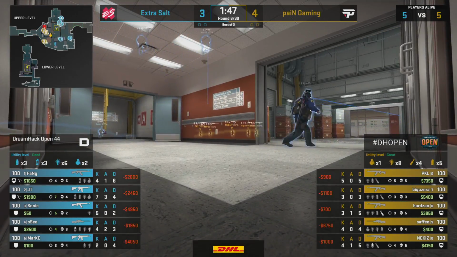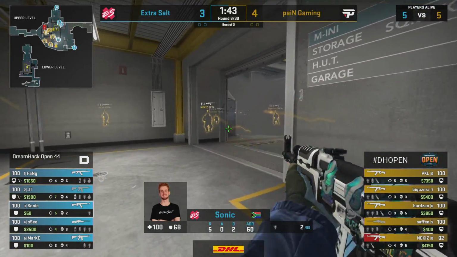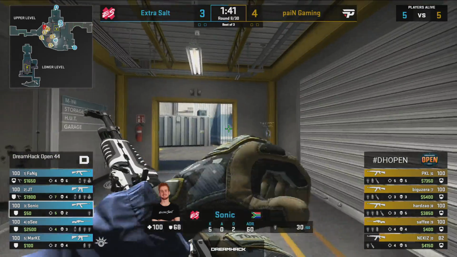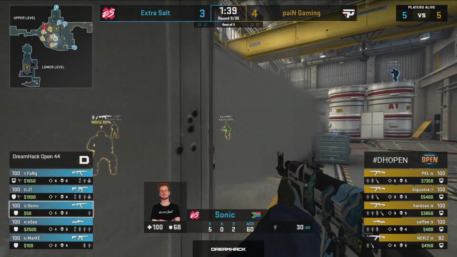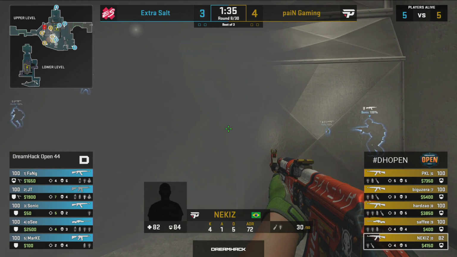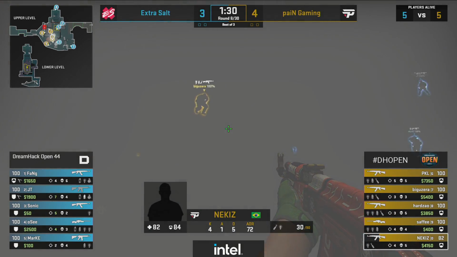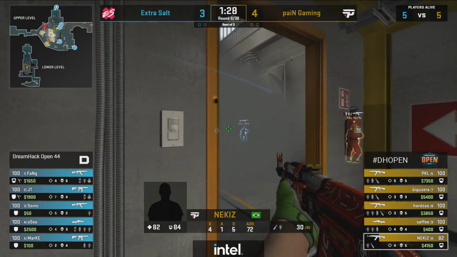They will lose the lead though, that's nothing to be happy about at this stage, but we'll see whether they can get it back here in the early default. Sonic spraying through on the squeaky door. Nekiz is going to know his position. One player towards outside will try to see if he can flank around the smokes put up there towards the outer yard position. Sonic is going to have to try to challenge this player as well, but Nekiz forcing his way back in